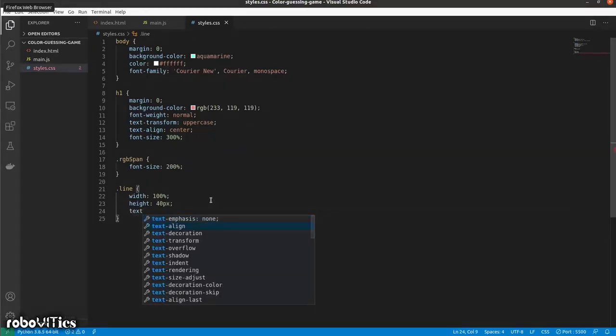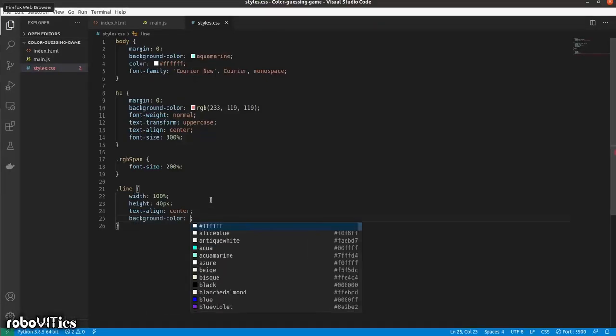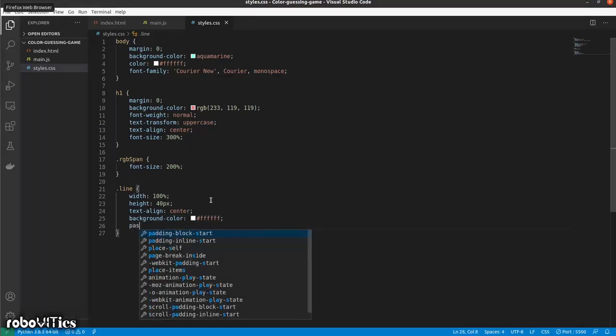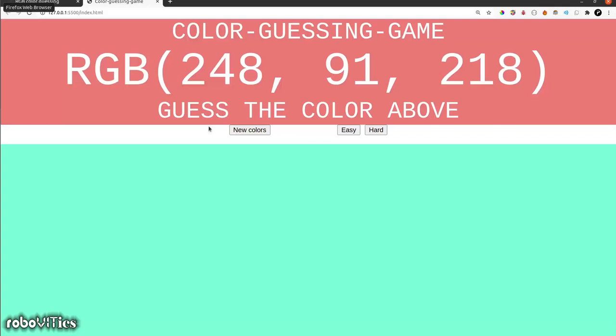Now I want to align all of that in the center like I did previously, so I do text align center. And finally, let's also give it a background color, which was white in that case. So hash followed by 6 Fs. And then finally, let's give it a padding of 0 pixels. Okay, now let's go and see how it looks. So yeah, we have got stuff in the center, and we have this text over here which is camouflaging with the background. So for fixing this, let's do that by specifically calling out let's play.